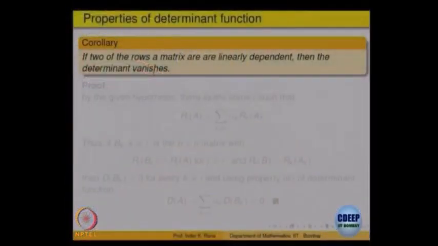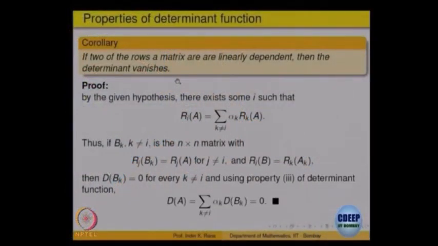Again using only linearity, nothing more. The fact being used is that a vector is dependent on the others if it is a linear combination. So, if you put that linear combination and expand, you will get two rows identical in the expanded ones. So, all will be equal to 0. So, the determinant vanishes. Vanishes does not mean it disappears, right. That means the determinant is equal to 0. A better phrase is that the determinant of that matrix is 0. It is a very loose English saying that the determinant vanishes. It does not disappear, it becomes 0.